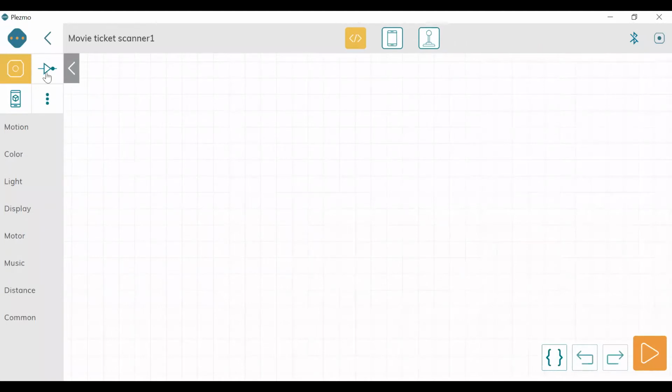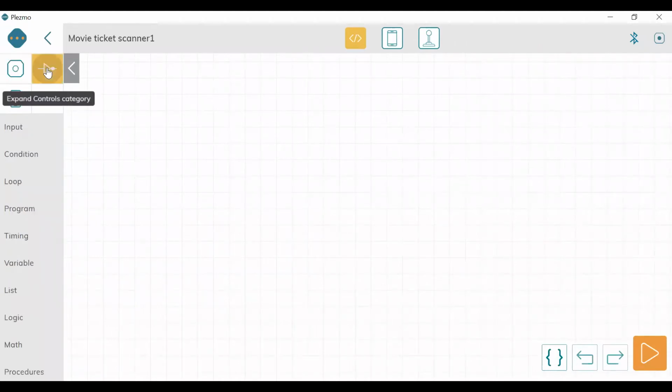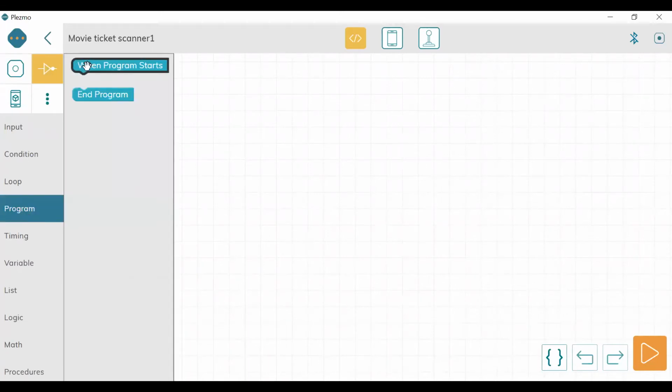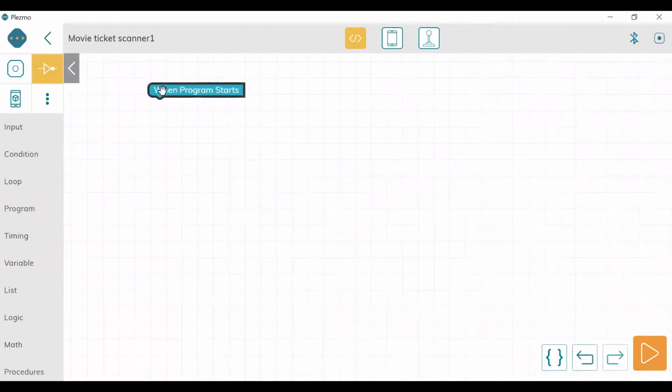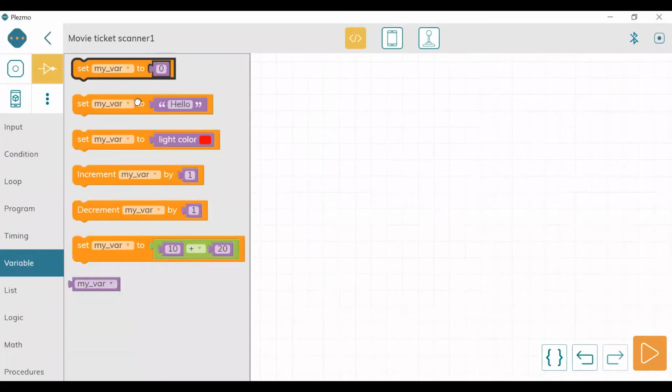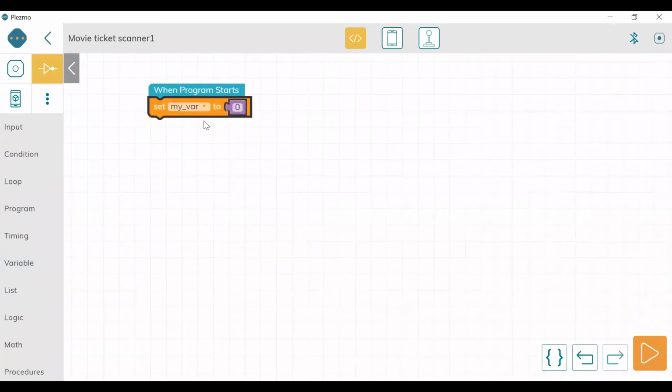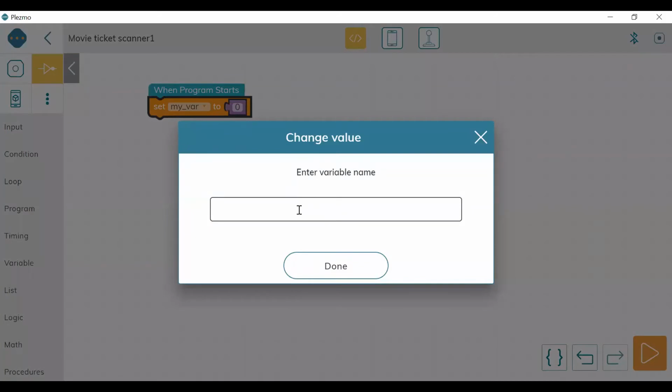As I already discussed, we have to go to the expand controls category and first we have to start the program. So when the program starts, we have to take a variable. I'm going to rename this variable to scanner_on. You can change the variable names as per your needs, but I'm taking it like that.